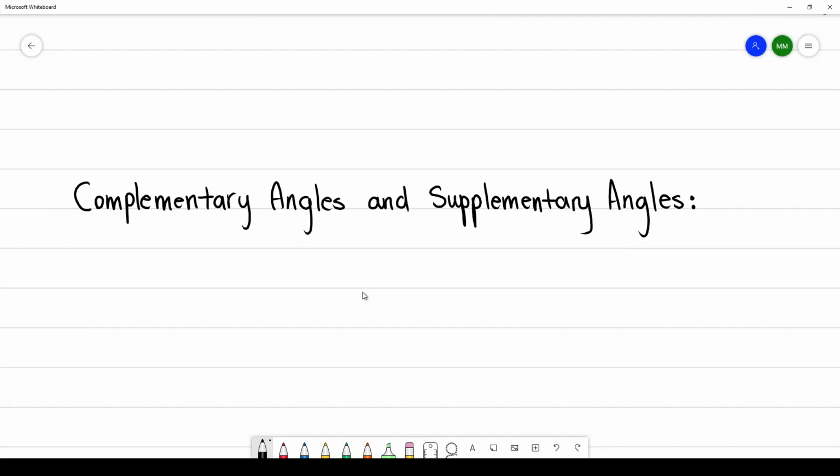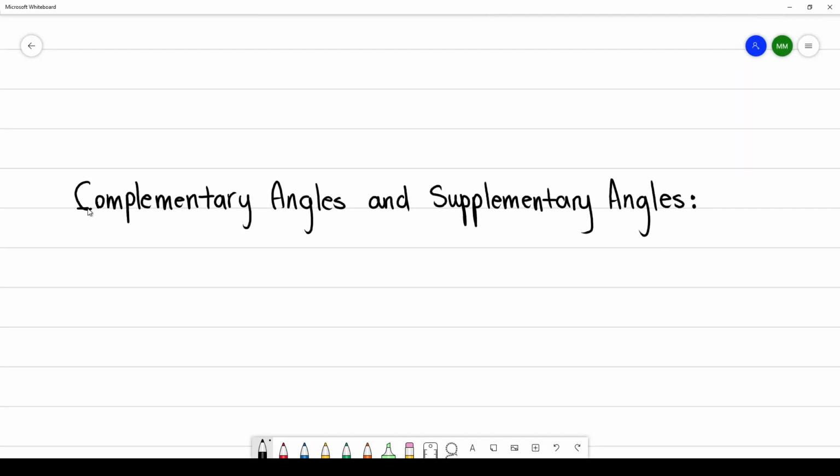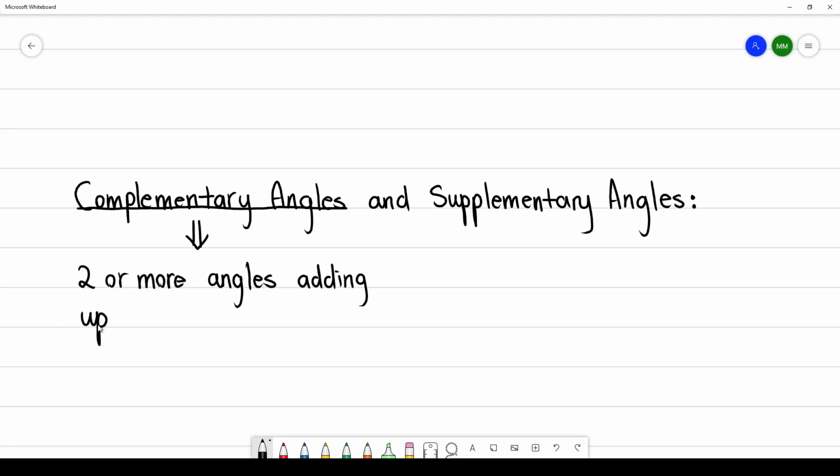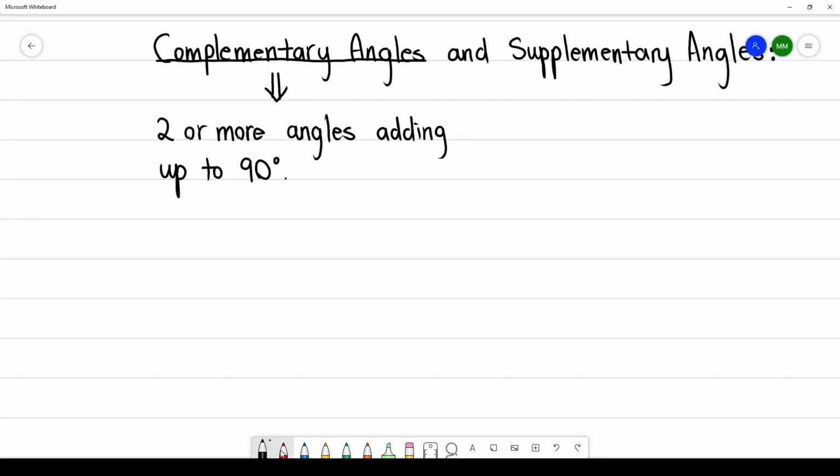Okay, so complementary angles. This is when you have two or more angles adding up to 90 degrees. Okay, so an example of that is, so let's say this angle here is